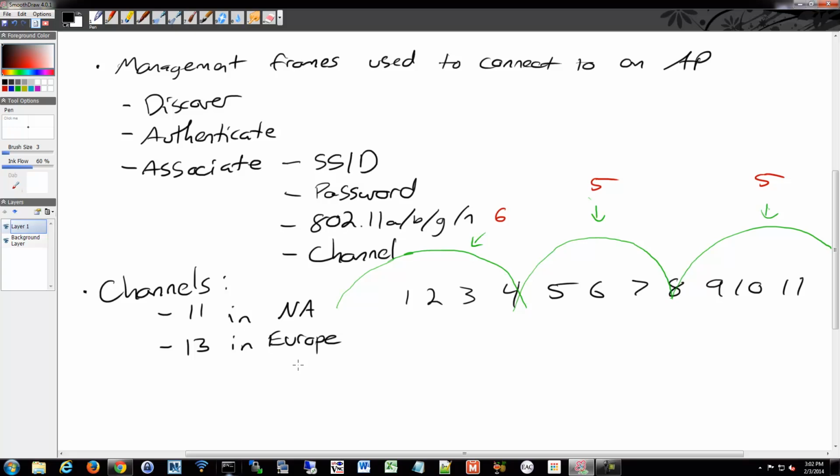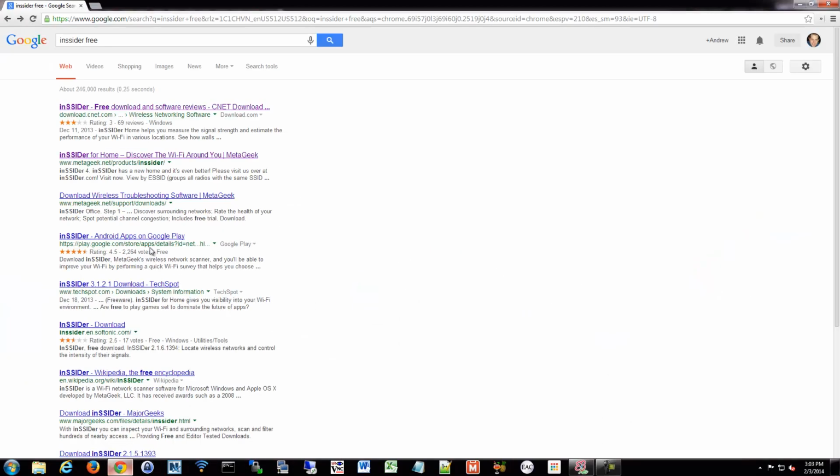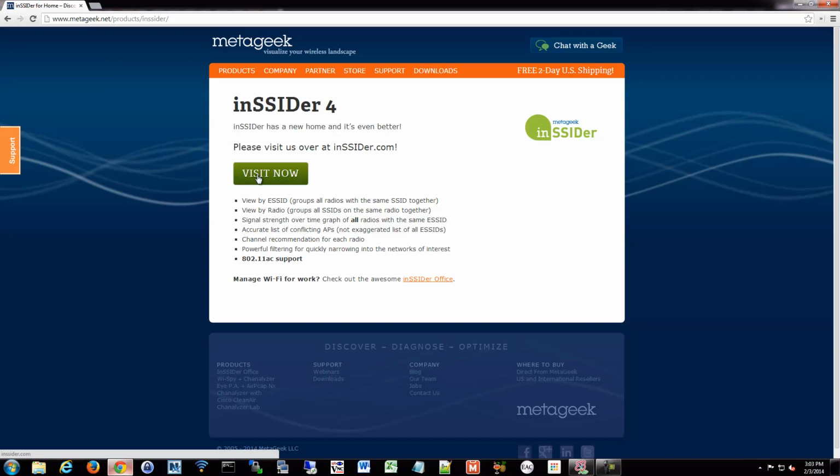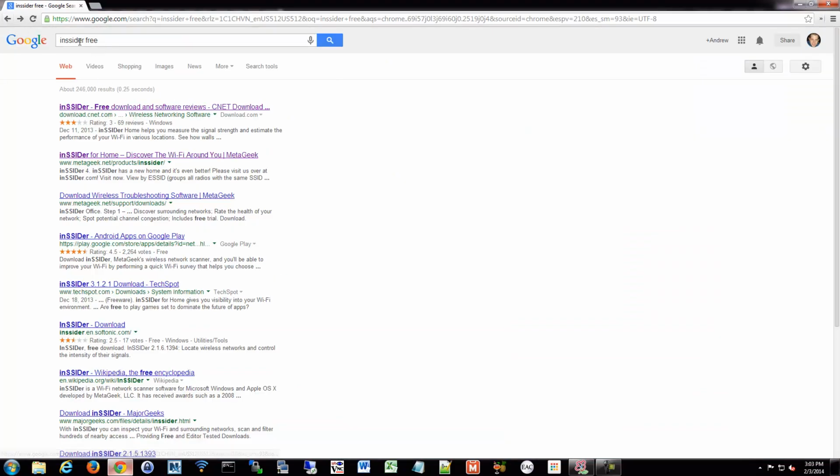There's another way of doing it that's kind of the poor man's version. If you can't get an analyzer, which sometimes are in the 100 to a couple hundred range, there's a nice application called Insider, which is made by a company called MetaGeek, and they've just changed their page, so I'm not sure how to get to the free one anymore, but there was a free version. So if you look up Insider free,